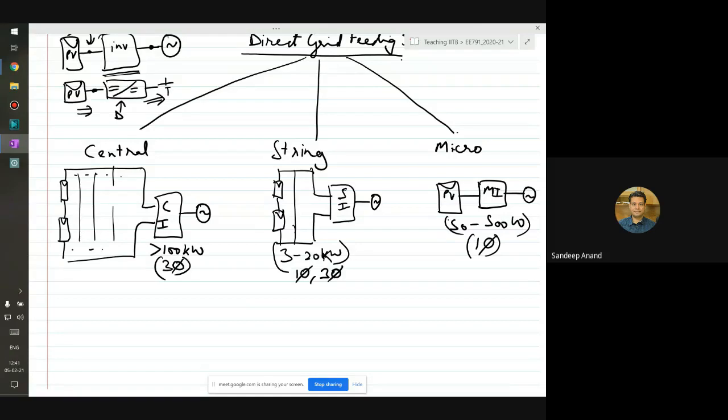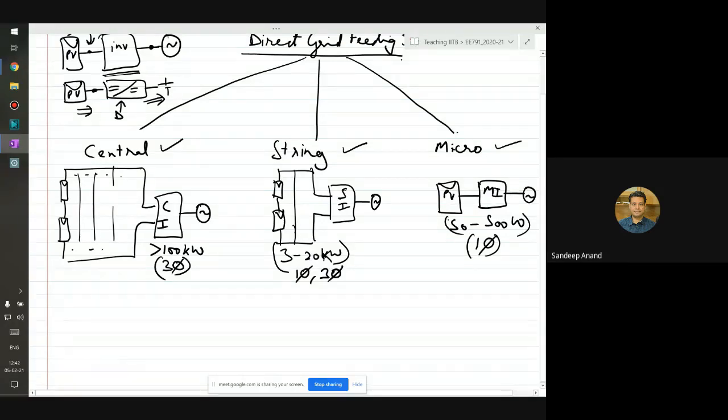In general, the applications of these three inverters: central inverters, as I told you, are more popular in big farms. The inverters themselves are big and have to be ground mounted because they have sufficient weight and so on. String inverters are popular for both farms, land mounted structures, as well as rooftops. And microinverters are usually popular in rooftop applications. It does not make economical sense to use microinverters for creating big farms.